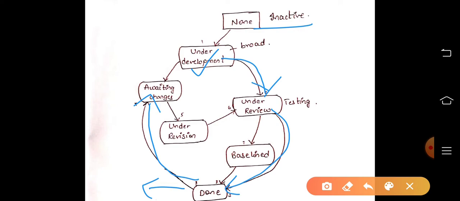After adding the changes to the product, it goes for under revision. Under revision adds those changes to the existing product, develops the extension for that, then goes for testing, and finally comes to the done state. If the customer is satisfied with the final product, it will be delivered. This is how it is done in the concurrent development model.